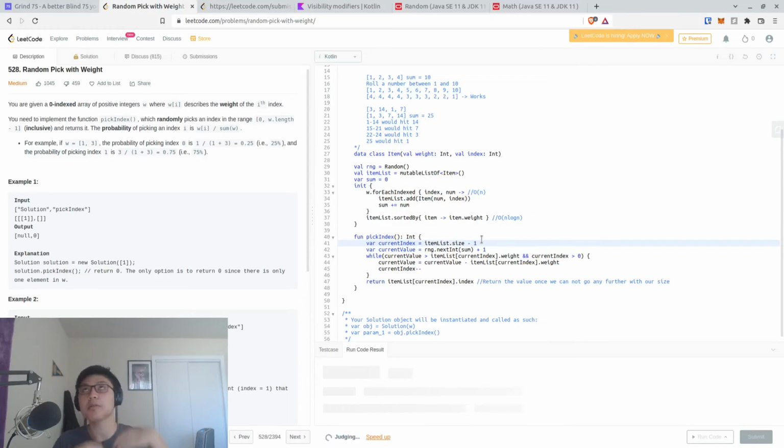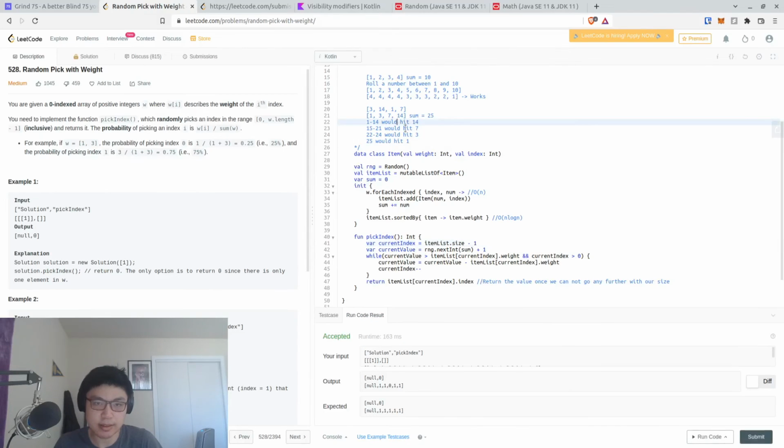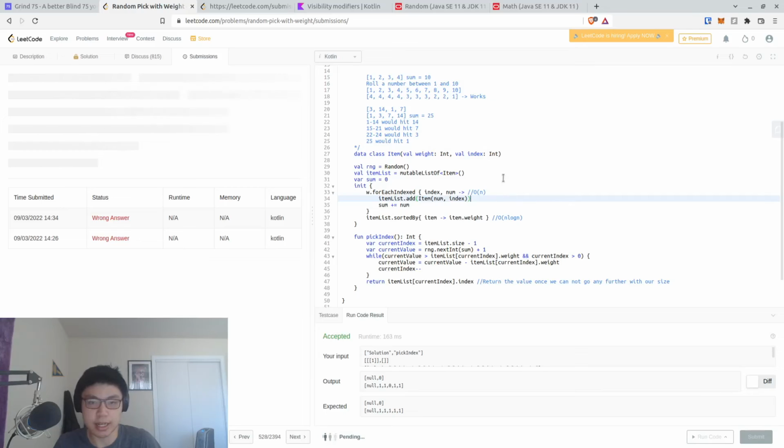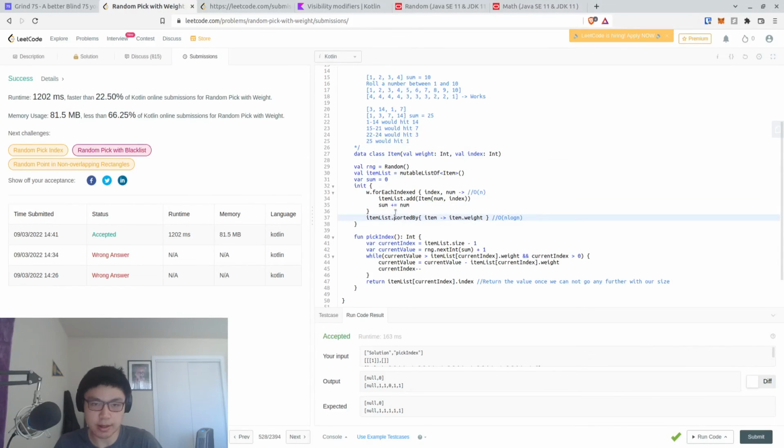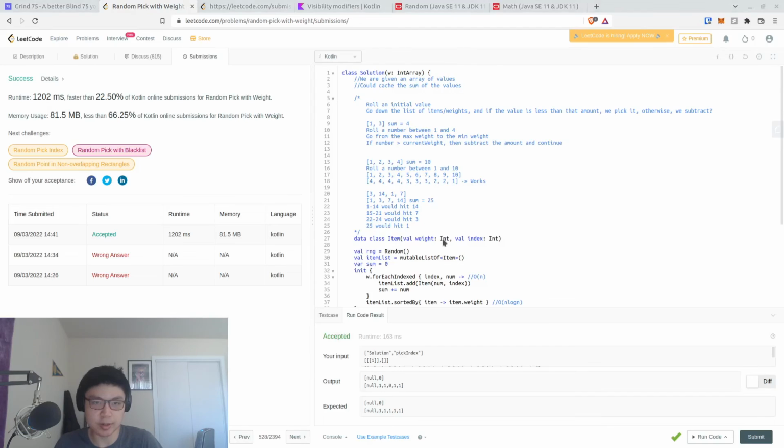And then now, after we sort it, we still keep track of the original indices using this data class. So now we know exactly which index they were originally from, and since each index is unique, we won't have trouble with that. Okay, so that works. It's a little bit on the slow side. I'm not entirely sure how I could speed this up even further, but this is sort of a basic idea